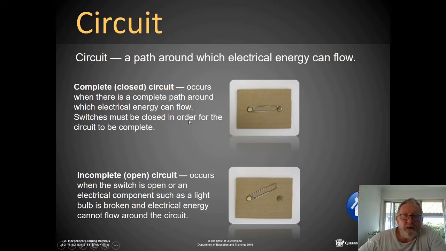So switches must be closed for a circuit to be complete, and if the switch is open or an electrical component such as a light bulb is broken, electrical energy cannot flow around the circuit. Alright,